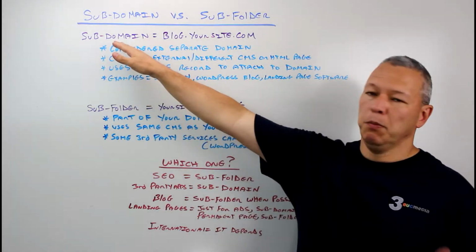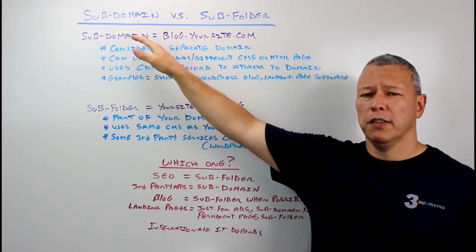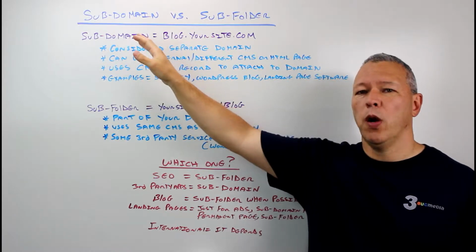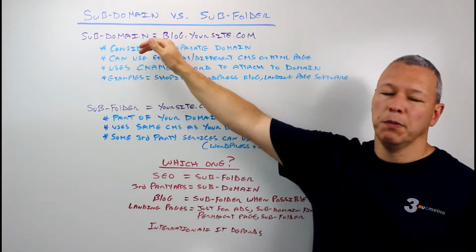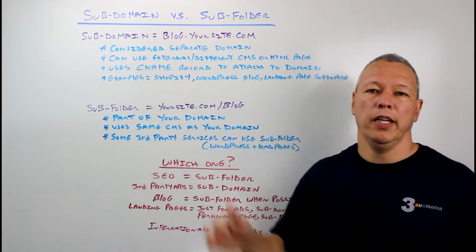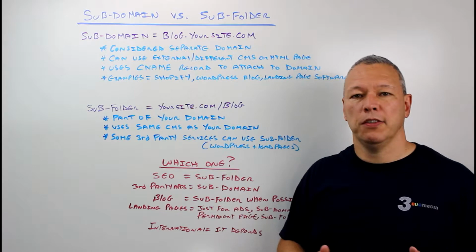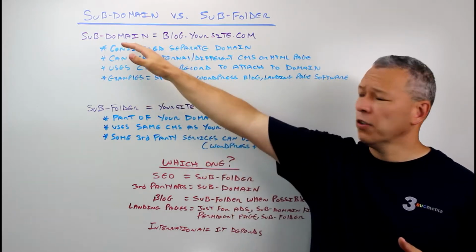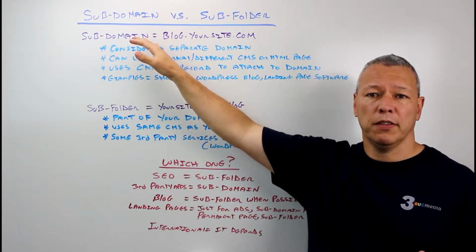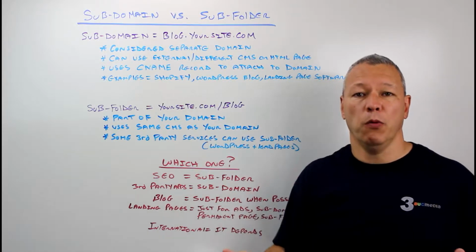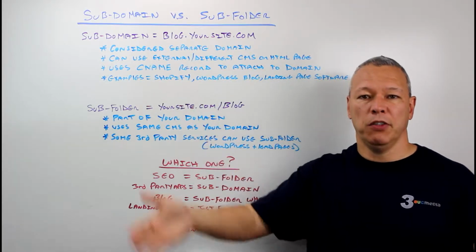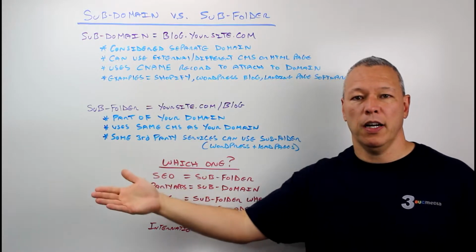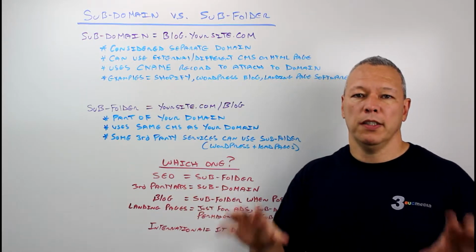But before we start, let's go over what the differences are between the two. Let's start off with subdomain. Now I'm going to use a blog as an example because that's a common reason why you might want to add a subdomain to your website. So it would look something like this: blog.yoursite.com. Now in the eyes of the search engines, these are considered different websites, a different website than your current website. So they're two separate websites. You have your main site and now you have a subdomain, blog.yoursite.com, two separate websites in the eyes of the